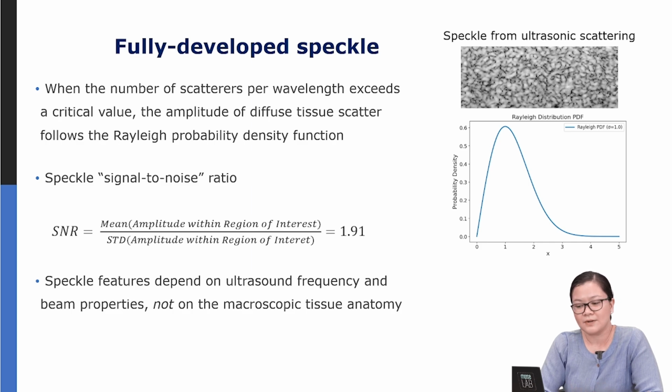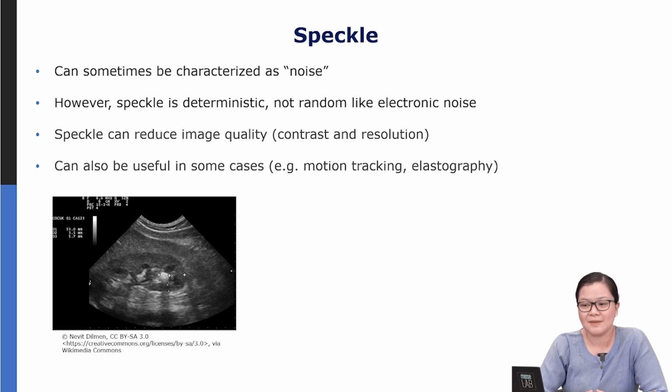and not on the macroscopic tissue anatomy. And also, depending on the SNR, the organization of the tissue structures can affect what the SNR is. So we'll talk about later how different types of these speckle statistics. So speckle can sometimes be characterized as noise, but in ultrasound imaging, speckle is deterministic and not random like in